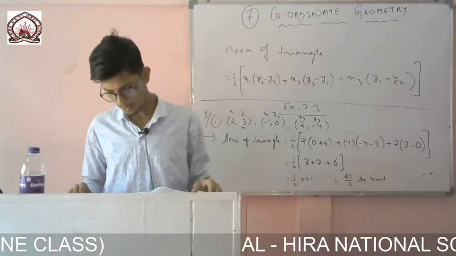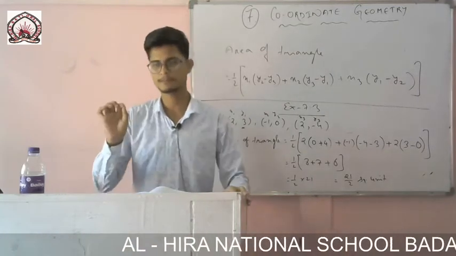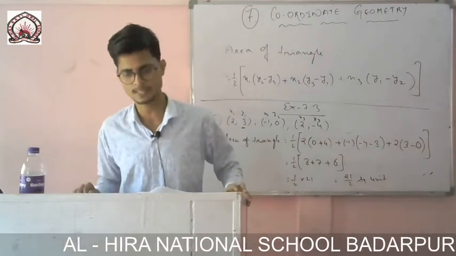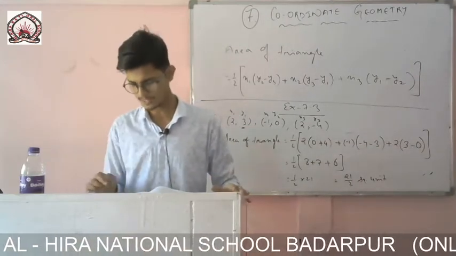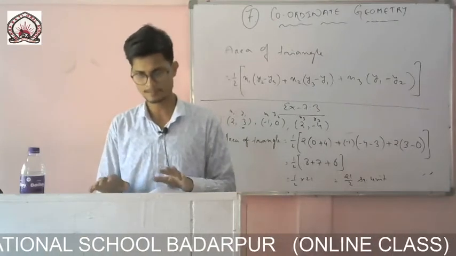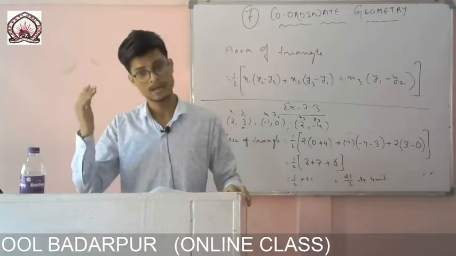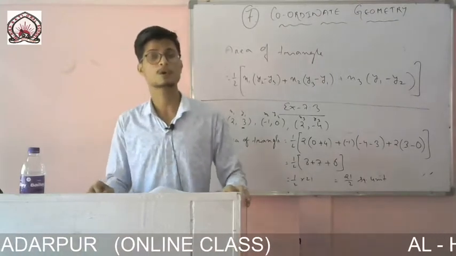Okay. So now let us move to question number 2. In each of the following, find the value of k for which the points are collinear. Very important question for the exam. If you see the last few years' questions, you will find this question came very often. Okay, the values may not be the same, but the question was there that one value k was given, you have to find that, and it is given like this, that the points are collinear.